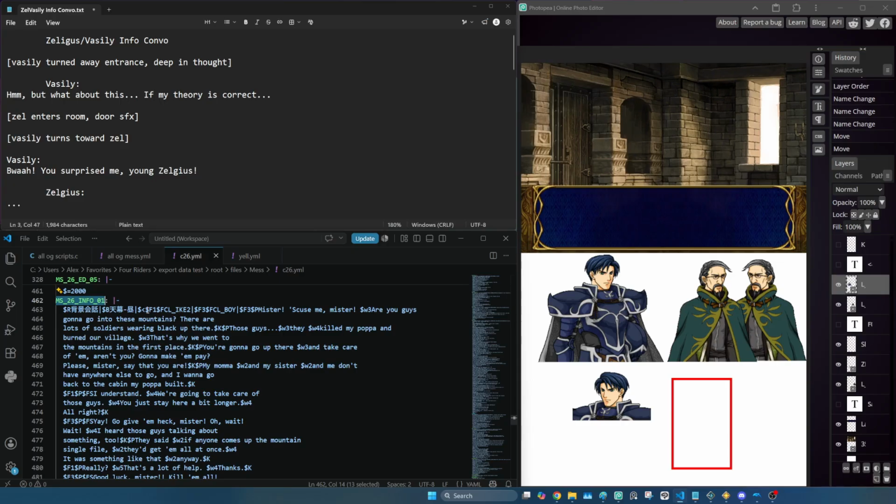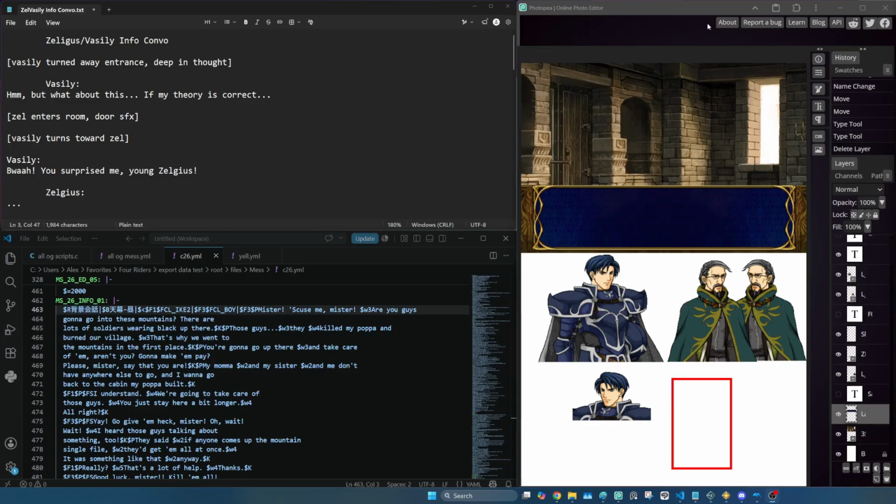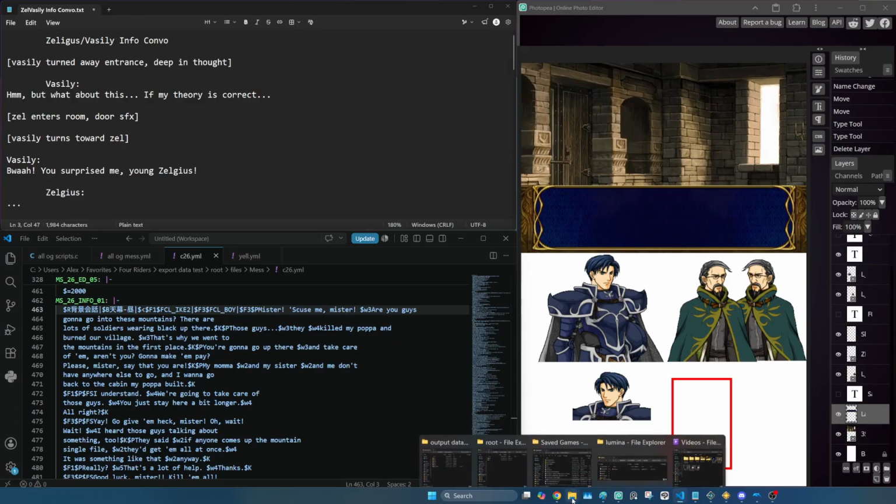And basically, yeah, this first part says that it's a background conversation. All support conversations use this big background and the blue text box, as well as the portraits that are larger as opposed to this small portrait size. So if we looked at the text, right now it's in its YAML form, .yml, but typically it starts out in the